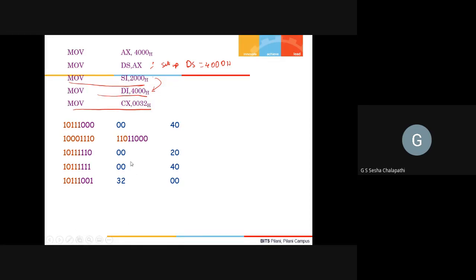Therefore 10111 000 and 0040, these are in hex. Then again for DS you have this particular thing, the segment value which we have seen in the previous class. And this is for your MOV SI, 2000. This is in binary, this is in hex.